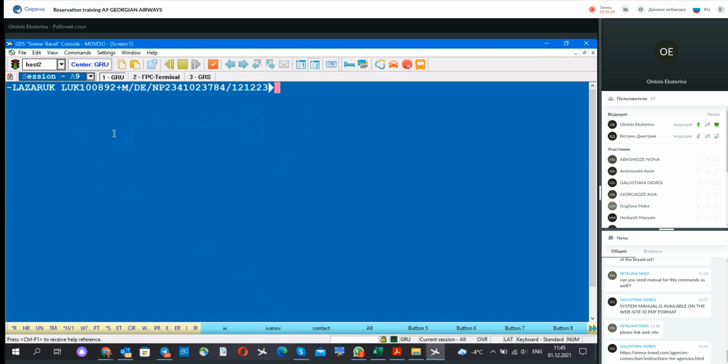This function is minus, then surname, then name, then day of birth. It could be 10/08 or 10 August. It's up to you. So 10 August 92, the year is the same. Then plus M or plus F, slash nationality. In this case, it would be GE, Georgia, slash